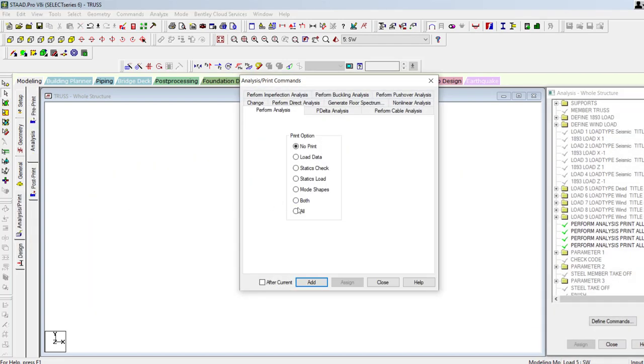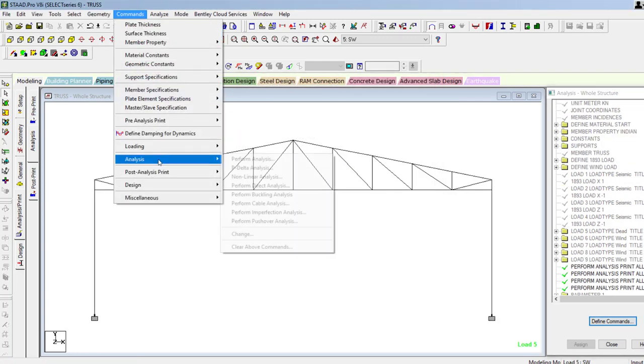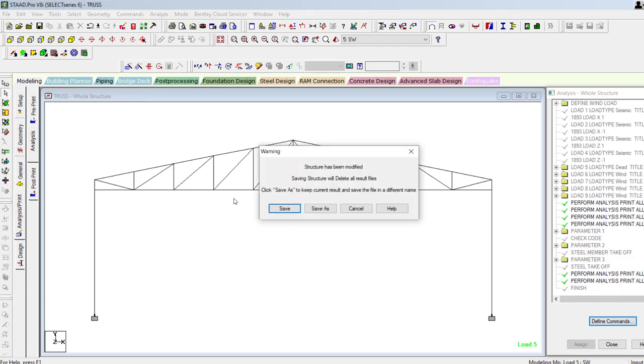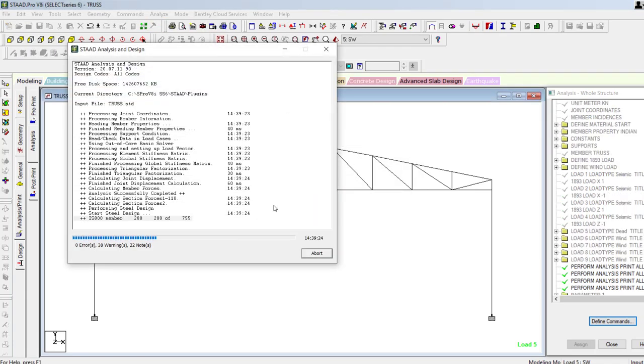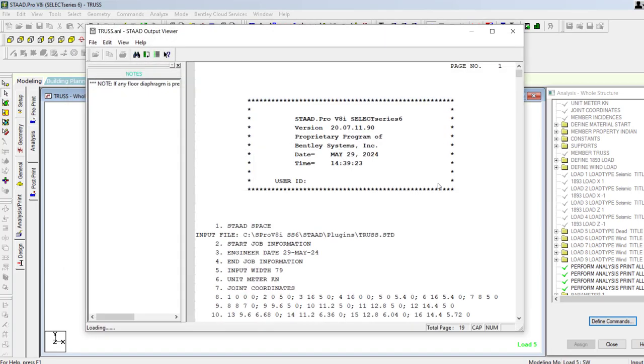Next again you click on analysis, all add, close, command analysis, perform analysis, all okay, analyze, run analyze and then save. View output file.